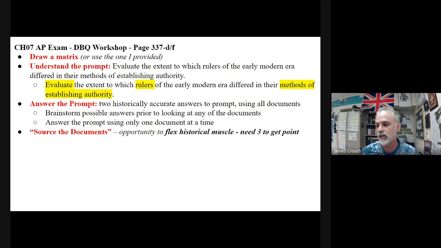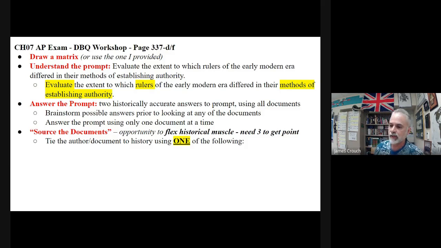Source the documents. That's the other thing we're going to do too, is we have to source the documents. And I will show you, I think I have it in here. Yes. Tie the author document history to one of the following. Okay, so there's